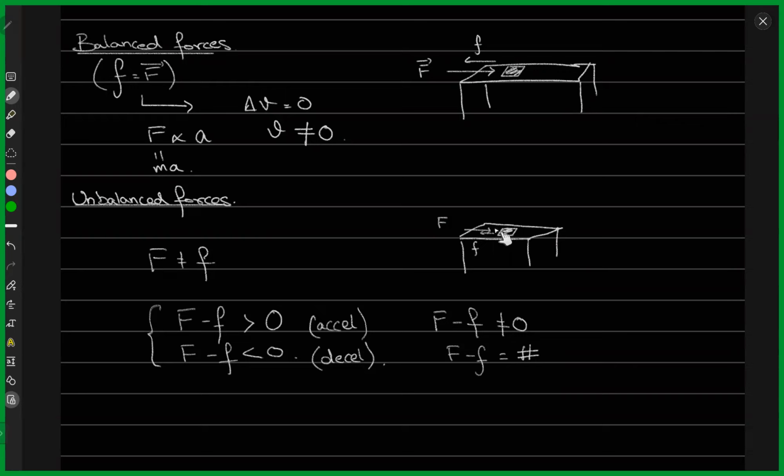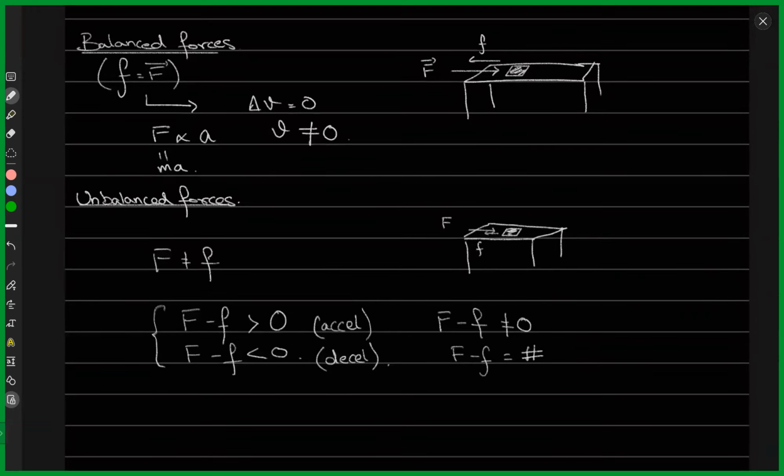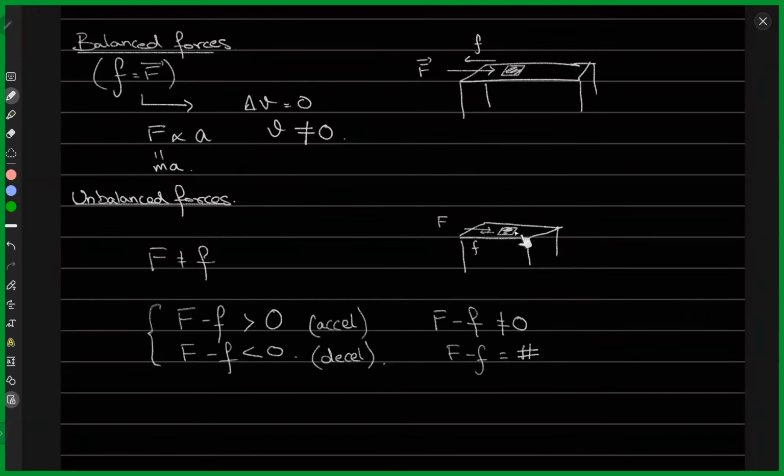That's your intention. You want to make the book move forward. So when you want the book to move forward, you say that you are accelerating the book, right? The book is gaining some speed and it's moving forward. All right. So if the force that you apply overcomes the frictional force,